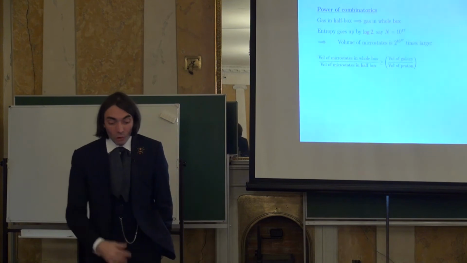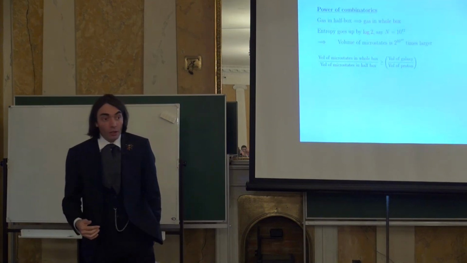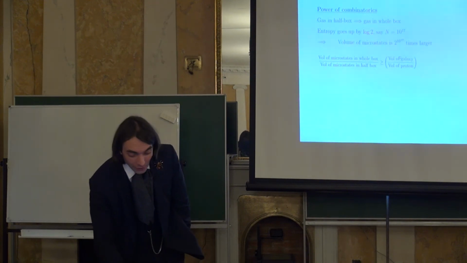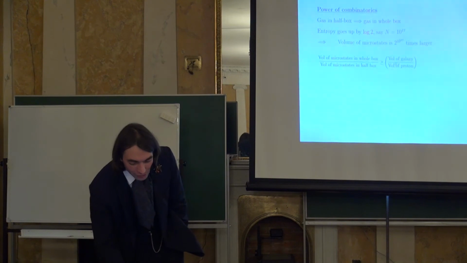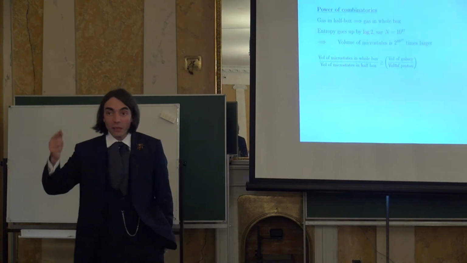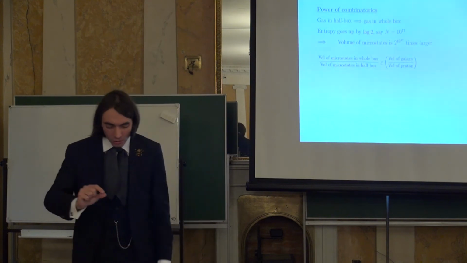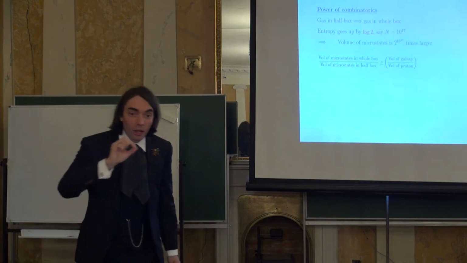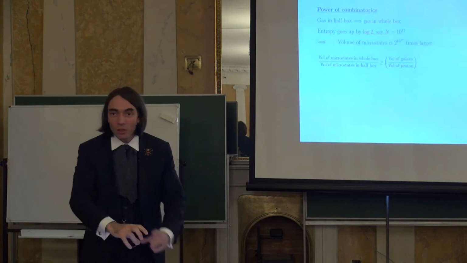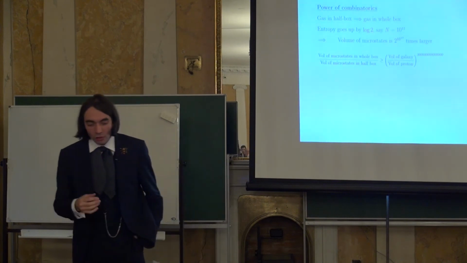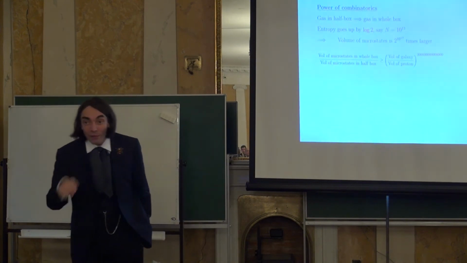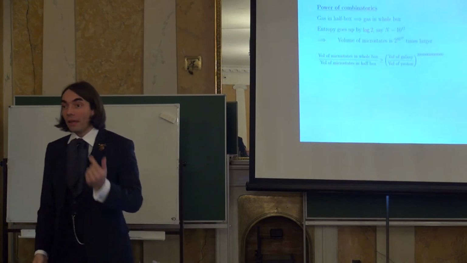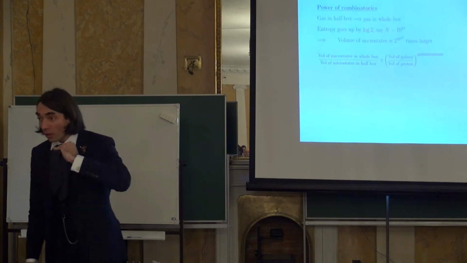Now, 10 to the 17 is large, but 2 to the 10 to the 17 is out of this world. If you want to compare this ratio of volumes to things like the ratio of the volume of the whole galaxy to the volume of the proton, you find that this number is much, much, much smaller than this one. In fact, you would need a more realistic approximation. Imagine you take one proton in the galaxy, then expand the proton to the whole galaxy size, take another proton inside this expanded proton, and repeat the process 300,000 billion times. And then you will have an idea of how large this is. When you are in front of such numbers, what is likely becomes certain.